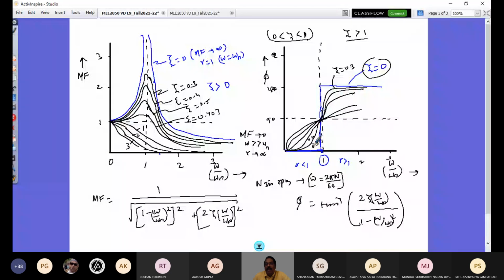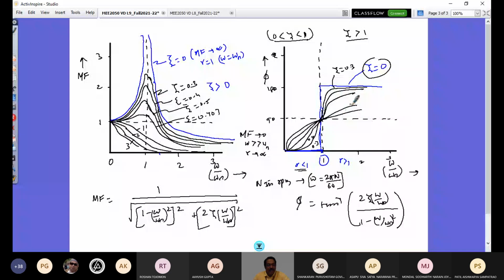when r is less than 1, implying the response lags the excitation. The response lags the excitation. We will see that in the vectorial plot after this. And when zeta value is greater than 0 and r is greater than 1, that is beyond 1, it implies that the response leads the excitation. That's the meaning. That's why this angle goes like that,